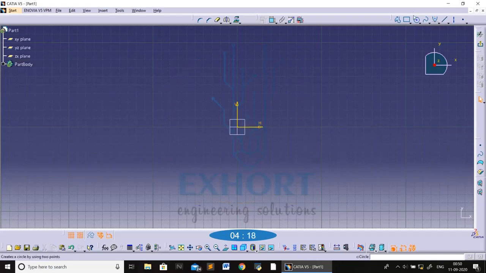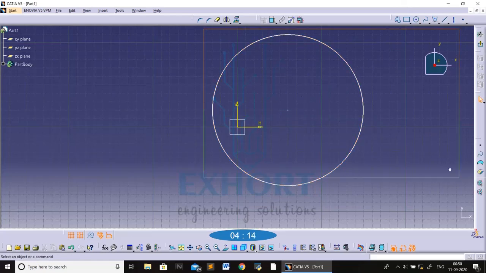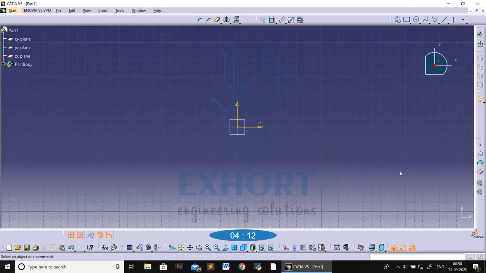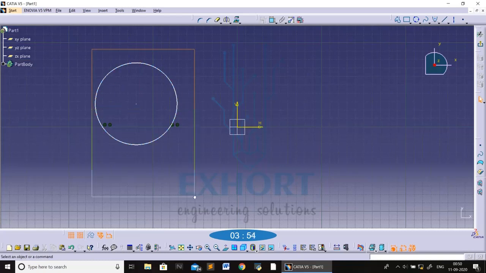As you can see, just select circle and this will be drawn. This is simple. The next circle is the 3-point circle. To draw a 3-point circle, you have to select 3 points on the window and our circle will be drawn. For example, I will show you point 1, point 2 and point 3. This is our circle drawn.